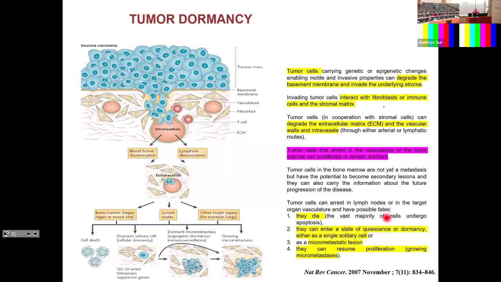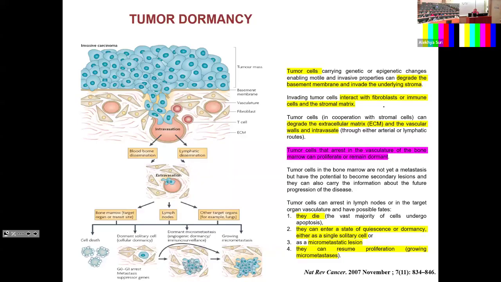The best thing is that the cells die. Then they can enter a quiescent state of dormancy as one single cell, or micrometastasis, or proliferate to grow into more micrometastases. You don't need to be an expert in dormancy, but I want you to